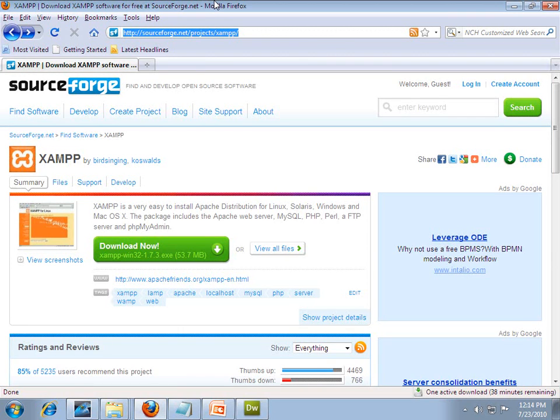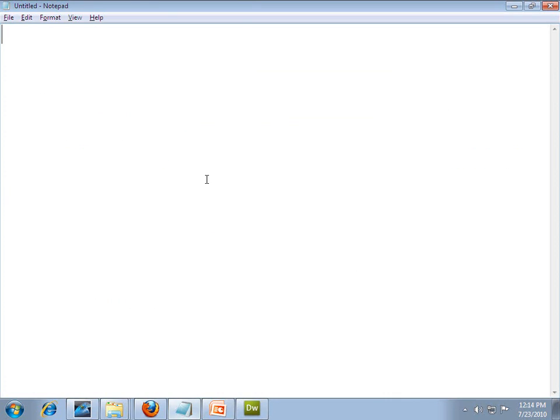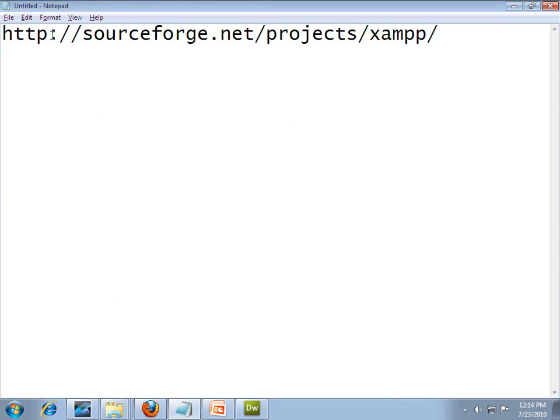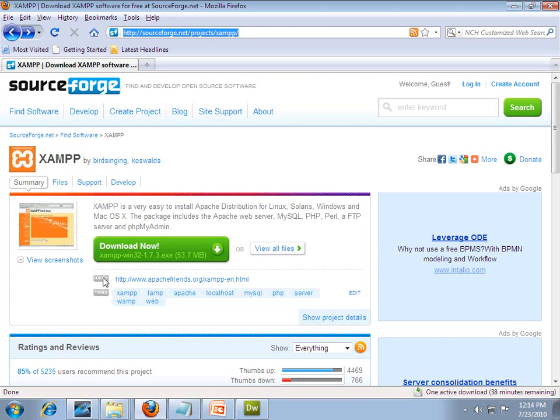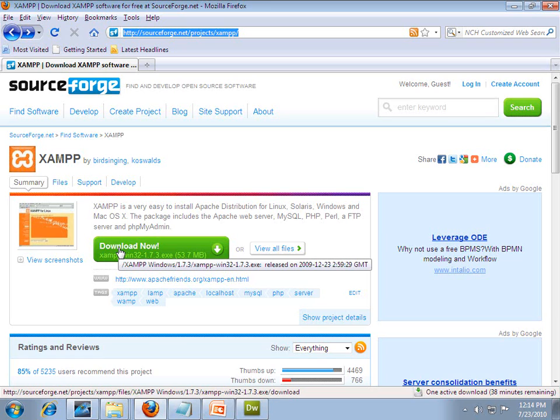As you know, you can download the XAMPP exe file using this URL. Just click on the download button and download it. After successfully downloading XAMPP Win32, you can install it on your system.